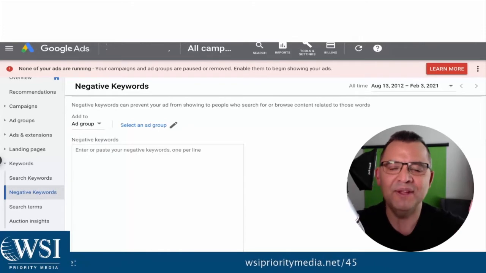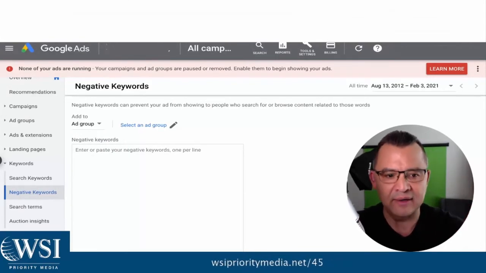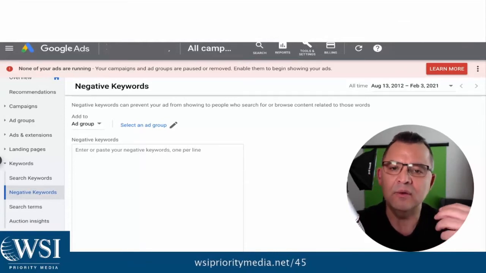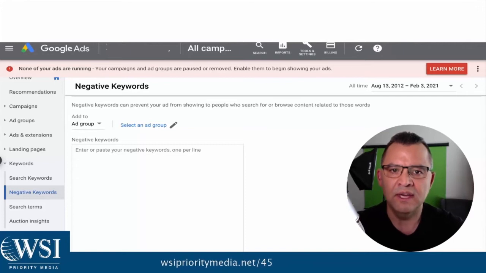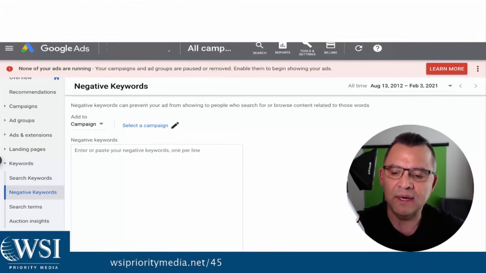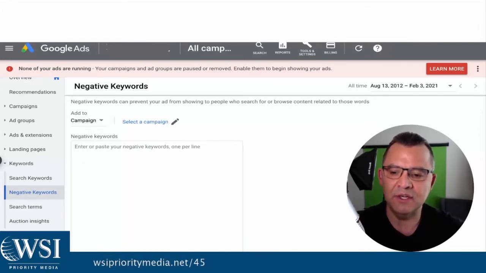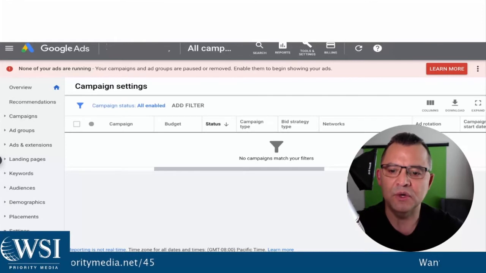Now, I'm telling you, don't run them at the campaign level, and here Google's saying, hey, do you want to go down to the ad group and put them in there? You're going to work so much harder trying to manage them at most levels, where the most common sense place is going to be at the account level, so run it at the account level. Here is where you select the campaign and bring your negative keywords. You can type them in one at a time, or you can paste them. I'm now going to switch over and show you how to get to the account level. It's not as intuitive.